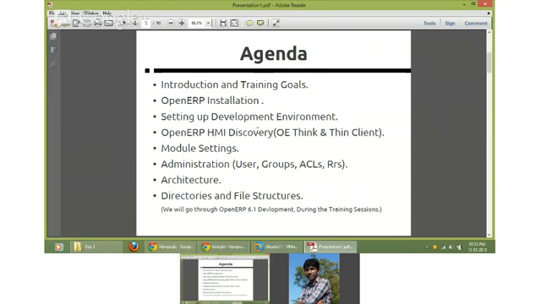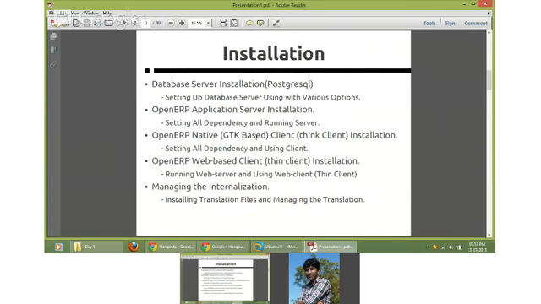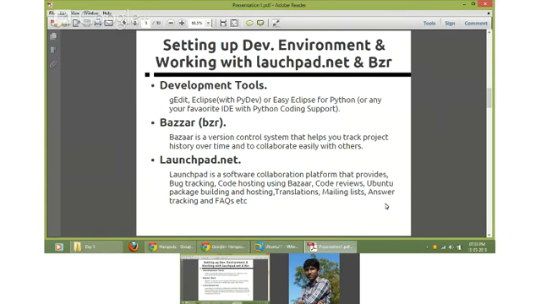And architecture, directories and file structure. Then database server installation, application server installation, then web client installation. There is no GTK installation again. And then internationalization we have already seen in the very first class. Then development tools that are required. Internally, OpenERP uses Eclipse with PyDev. PyDev is a module add-on which is required to